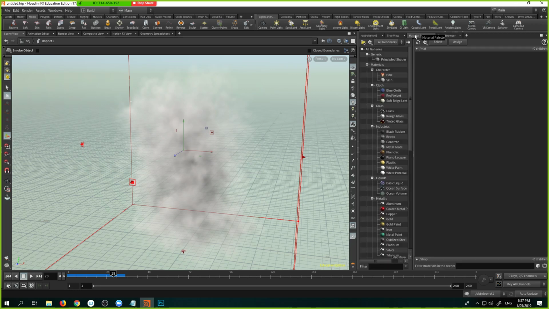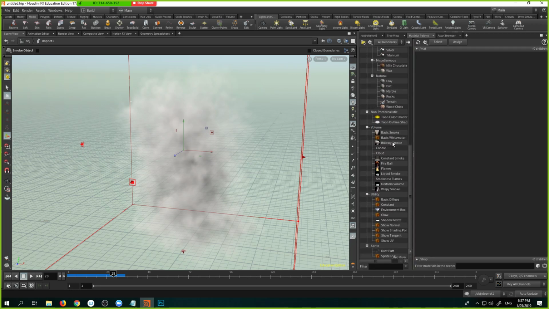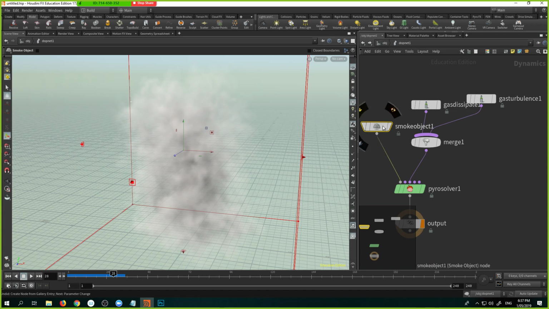So go to the material palette and go to the volumes. So let's say below is smoke. You see that? Drag and drop it there. So that material is assigned, or just add it here, and then in your smoke object,